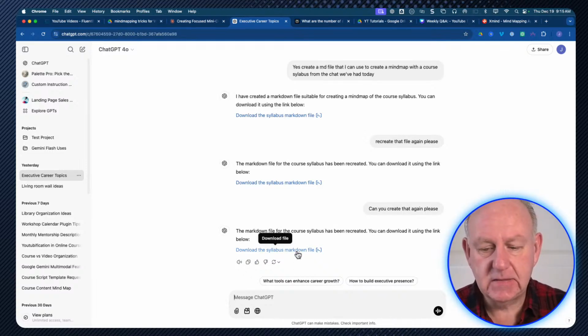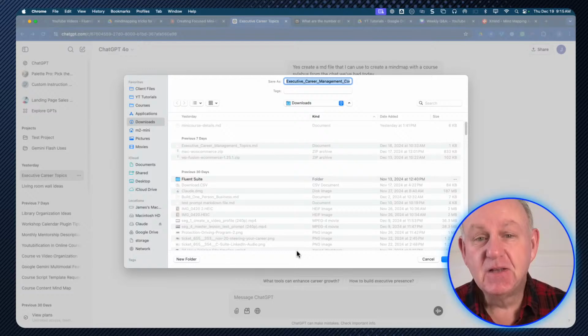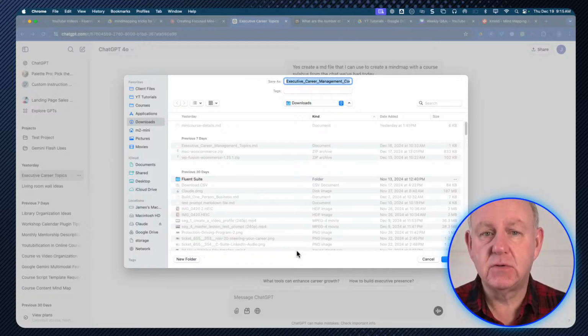If I click this, it's going to open up a markdown file. Now the thing with these mind maps is that these markdown files are what mind maps read. So you can actually output from ChatGPT or any of the other tools, and I'll show you how to do it in Claude in a second, a markdown file that you can put into your folder